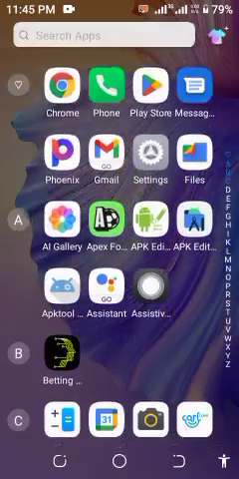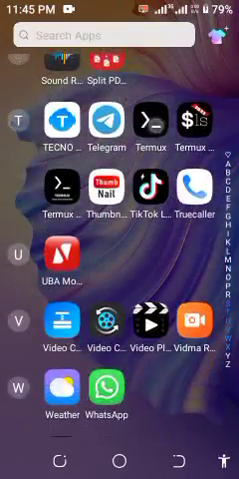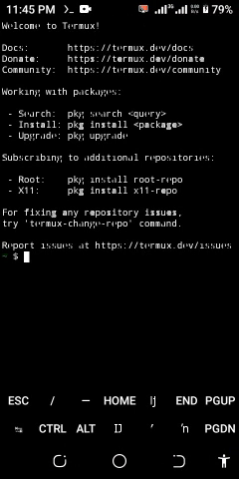When you go, you locate Termux. This is a modded version of Termux. I modded it by myself so that I can do many things and copy my dump files. So here now, you type in this: